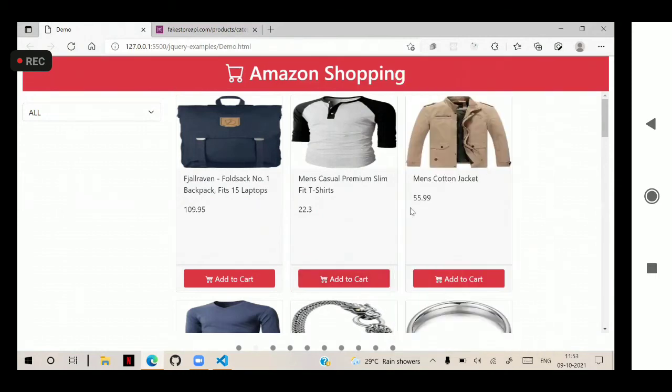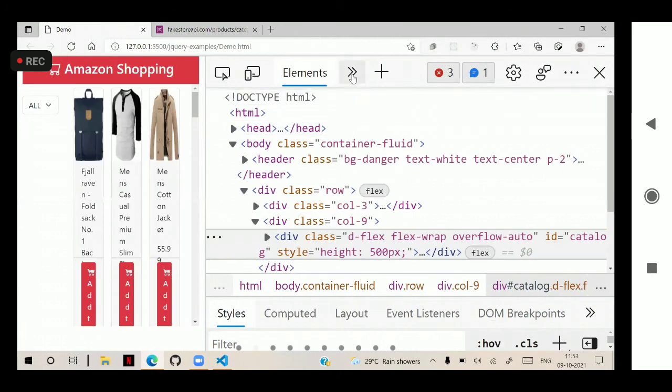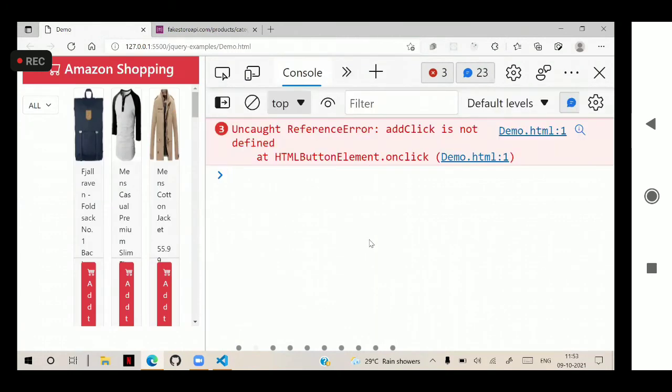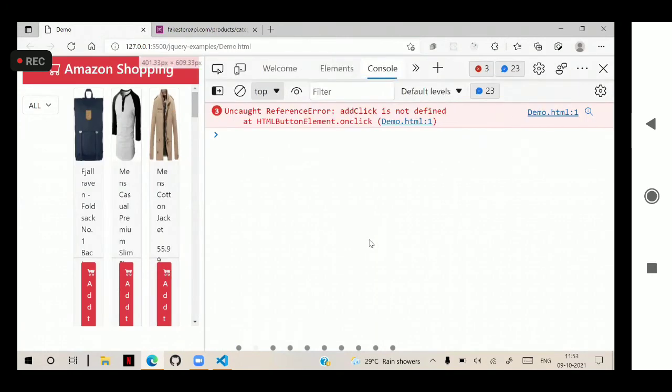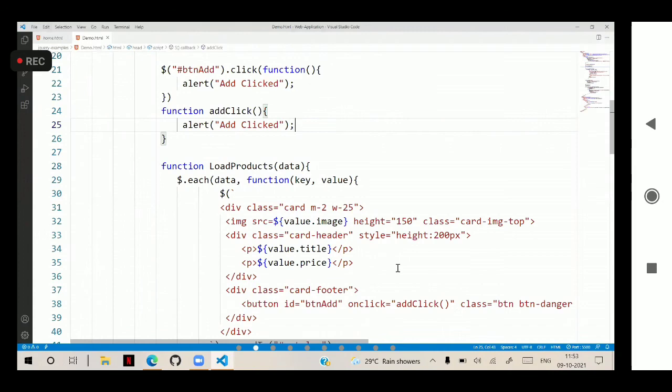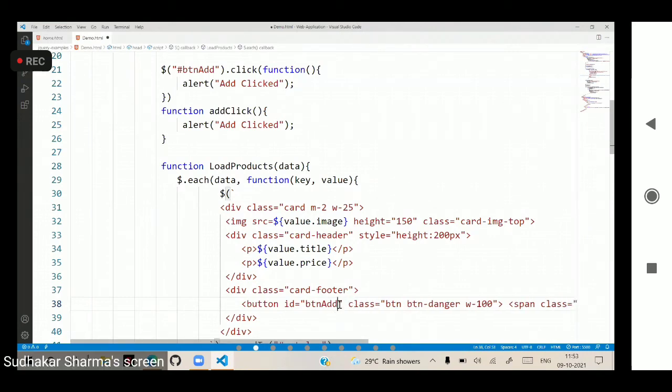You see the inspect, and in the console, you will find the problem. You see here, on click, addClick not defined. So that means it says that this addClick is not configured, but actually it is there. This is the wrong way. That means you cannot manage it in this way. We cannot configure it like that. That means it's not correct. Don't ever try that at all.